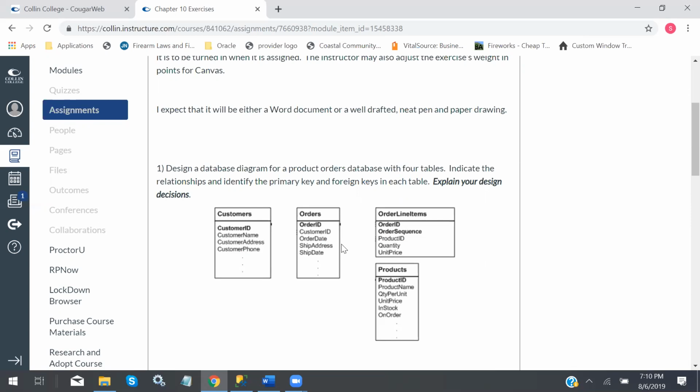And basically, for orders with 4 tables, you may change the tables some. So I have customers, I have orders, order line items, products. This is known as the COPS database. So customers, sometimes it was customers, agents, products, orders, and we,